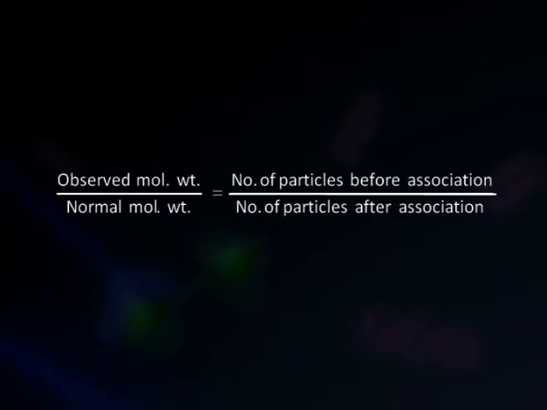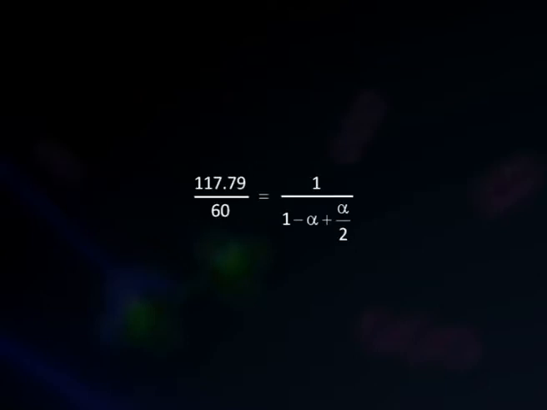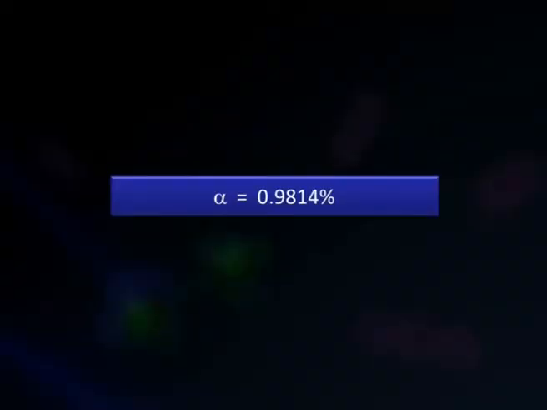Therefore, observed molecular mass upon normal molecular mass will be equal to number of particles before association upon number of particles after association. Putting all these values, we will get degree of association equal to 98.14%, or we can say we get alpha equal to 0.9814. Now we will take another example for the calculation of Van 't Hoff factor in case of freezing point